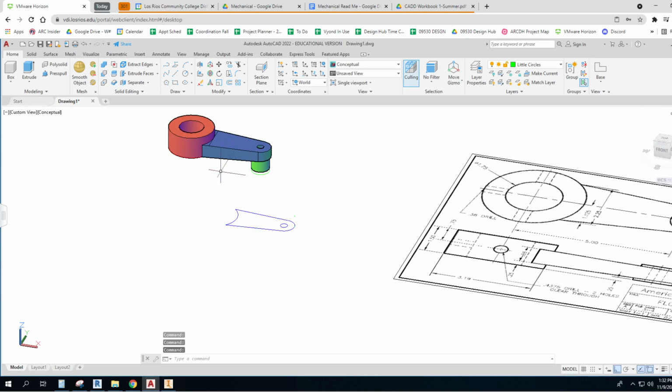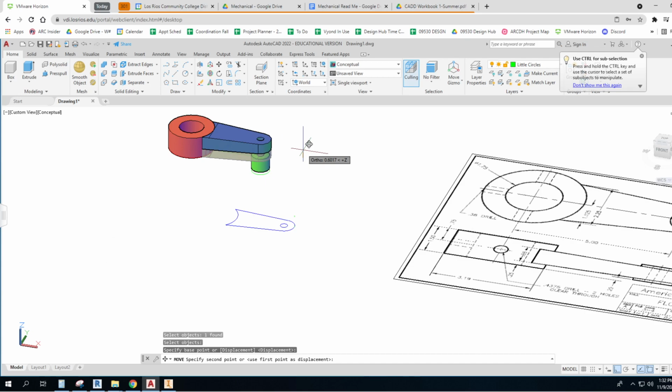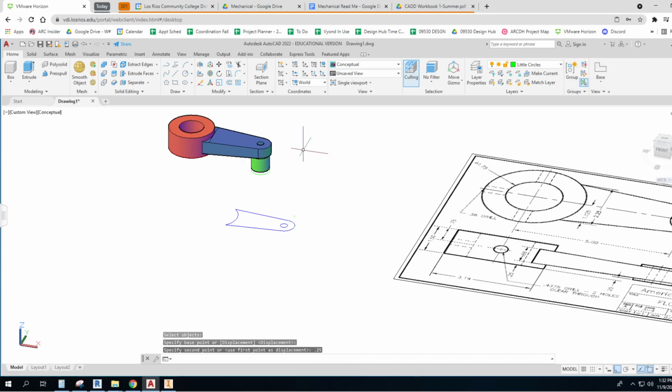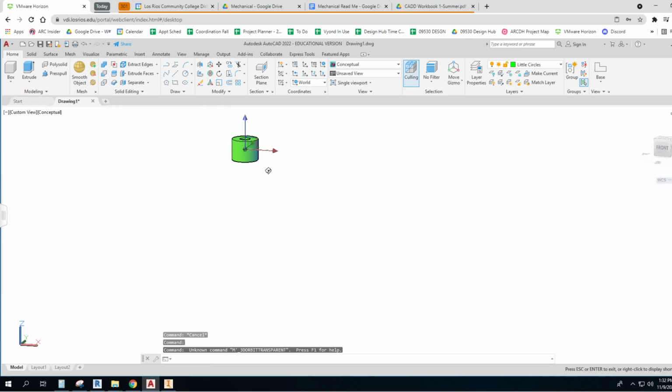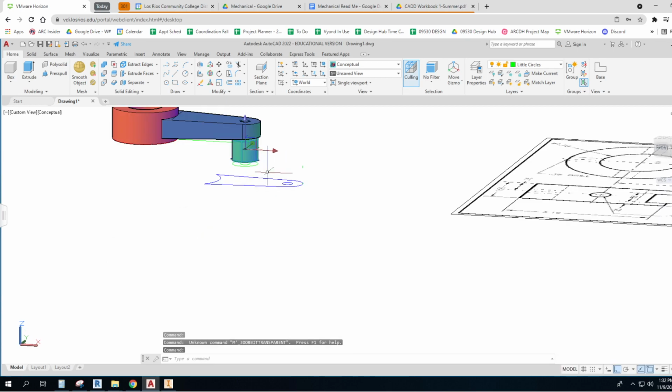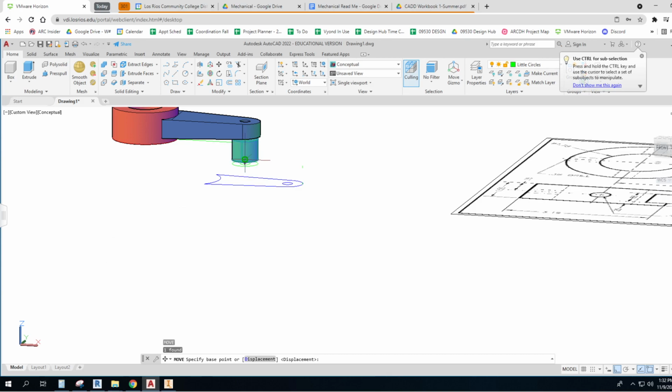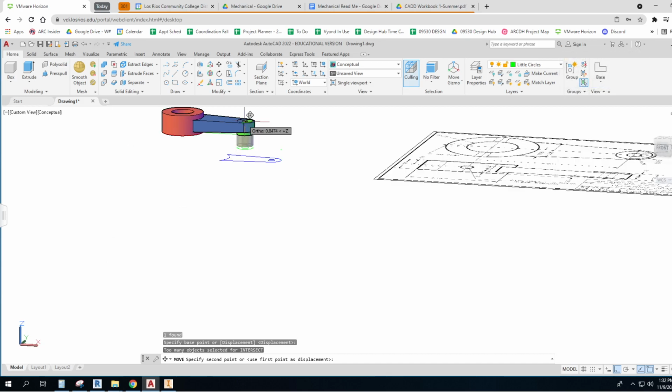And then it's going to move up 0.25. And then this one will go,